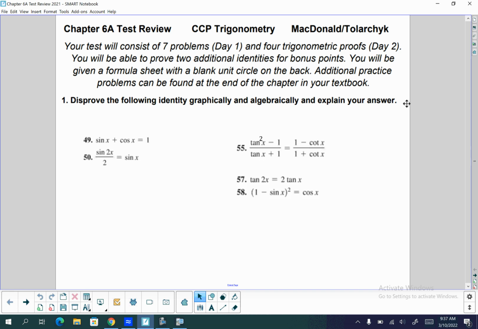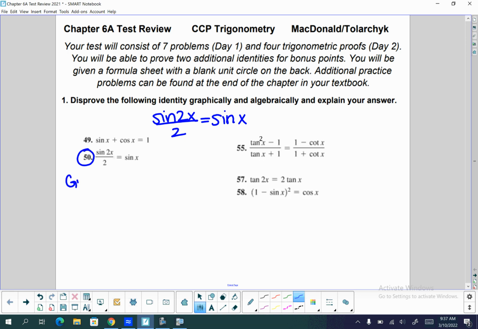All right, so first problem on the test is you are disproving one of these, and you're going to do it 2 different ways. You're going to do it graphically, and you're going to do it algebraically. So pick a problem to start here. Okay, so we are going to disprove sine 2x over 2 equals sine x. Okay. So disproving that